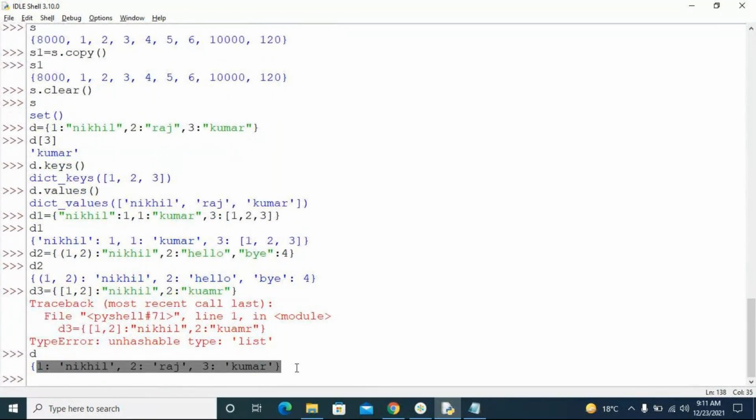There are no methods in a dictionary which will add elements. You can directly say d of phi equal to Hyderabad, which means I am going to add a new key called phi and a value called Hyderabad to the existing dictionary which is D. You don't have anything called add, append, or other methods like this in a dictionary. You can directly give any key and any value. So here a new key called phi is added and the value called Hyderabad is added to the dictionary D. This is the way you add an element.